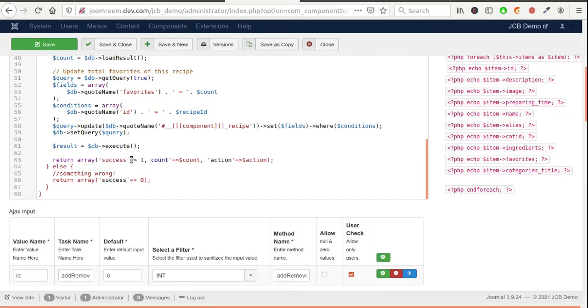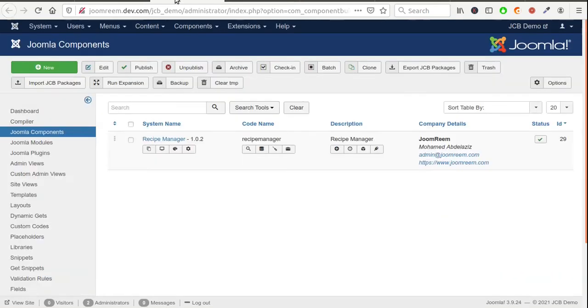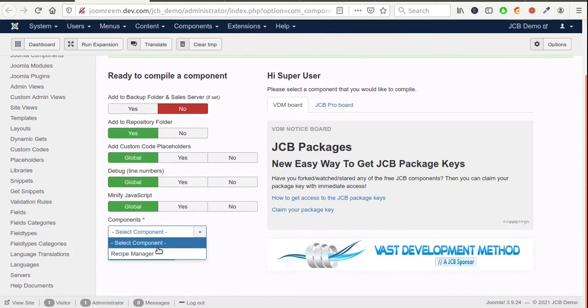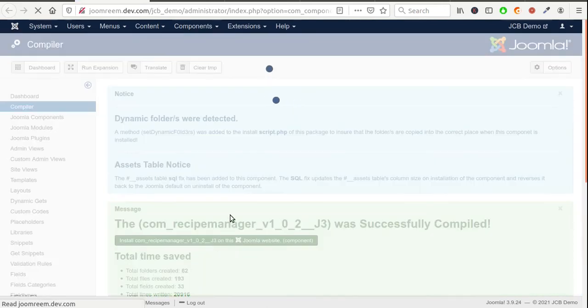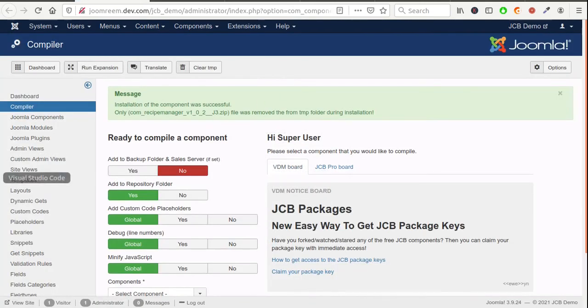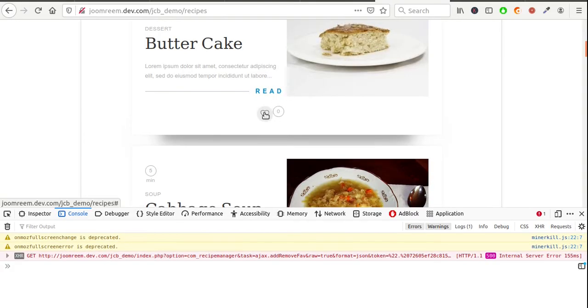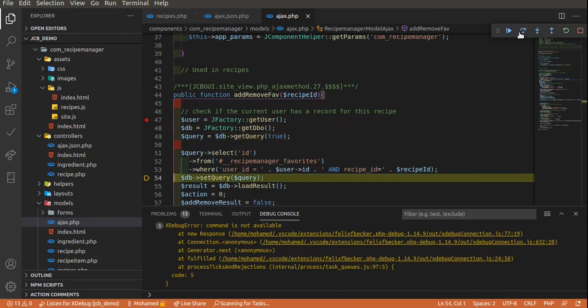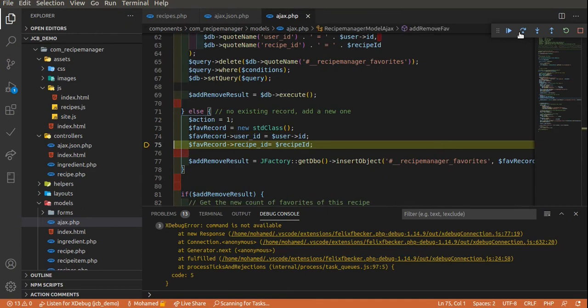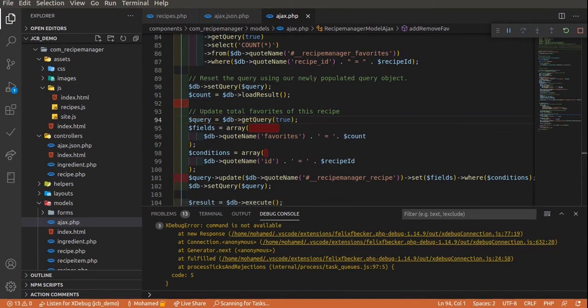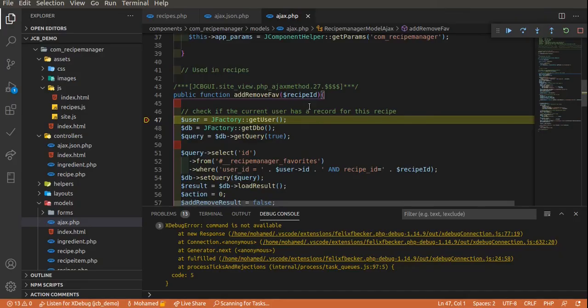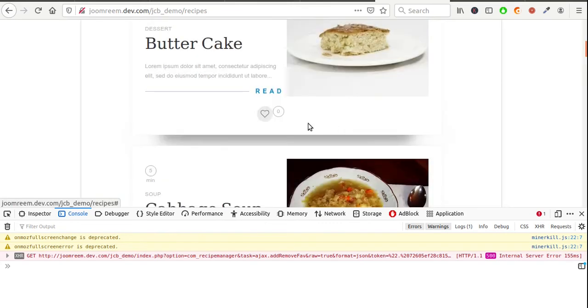Here it is, another typo error. Let's fix it. Compile and update the component. Well, the count value is correct.